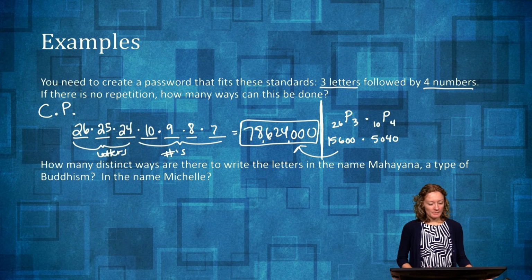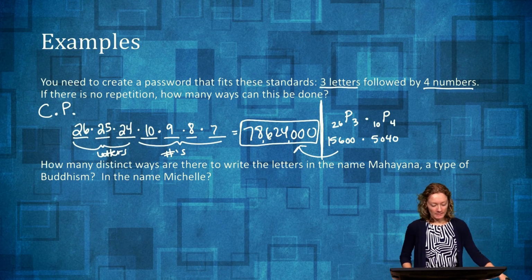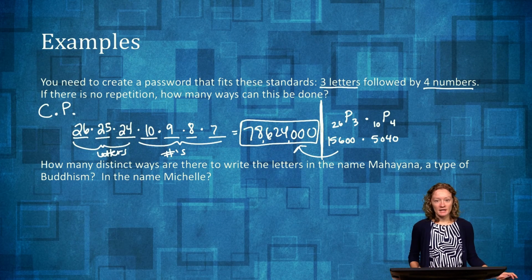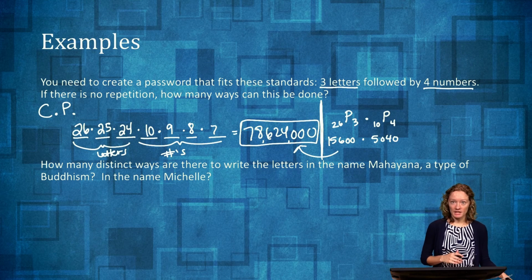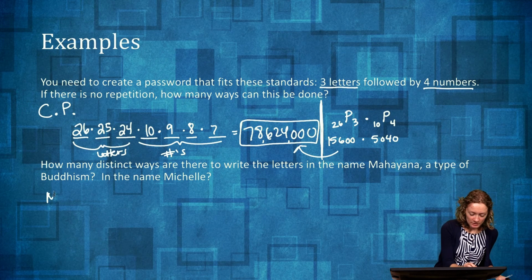Okay, next example. How many distinct ways are there to write the letters in the name Mahayana, a type of Buddhism, and in the name Michelle? So this one is going to use the last of the 3 that we saw because we're using them all, but we've got repetition amongst them. So let's start with